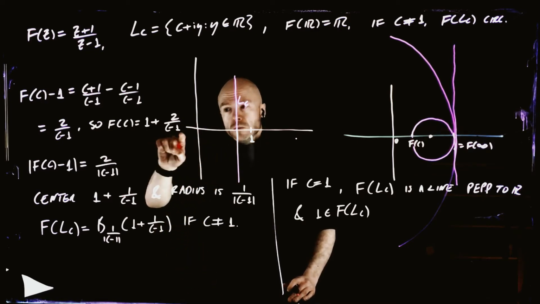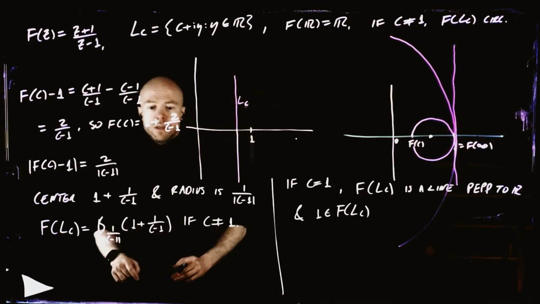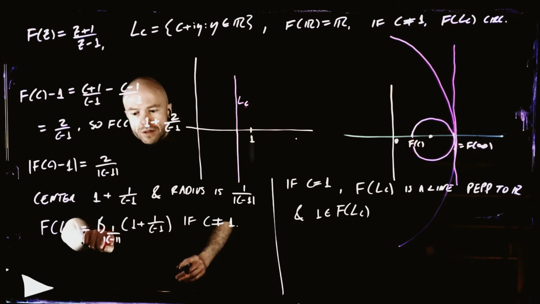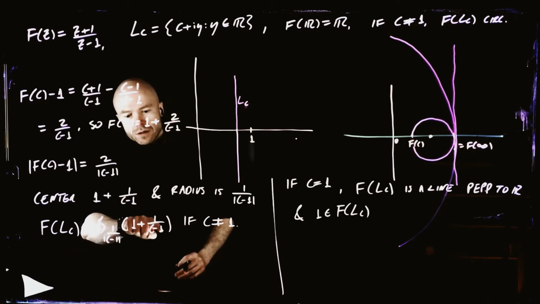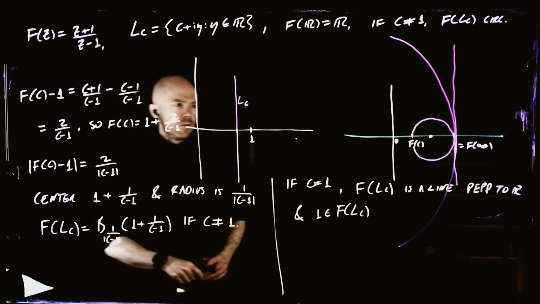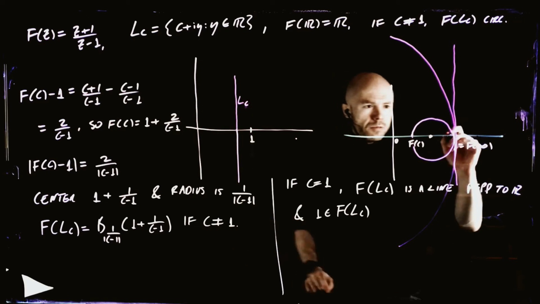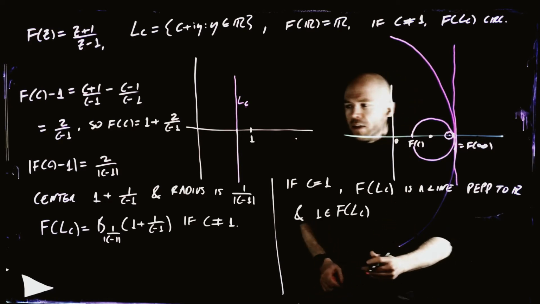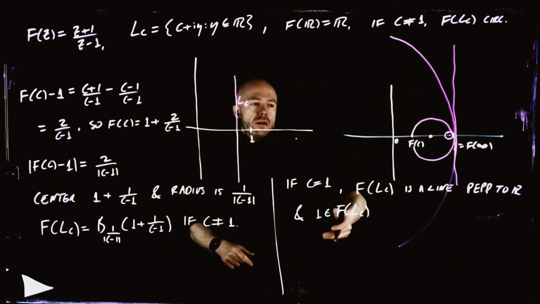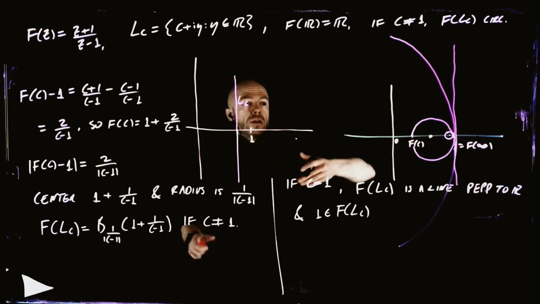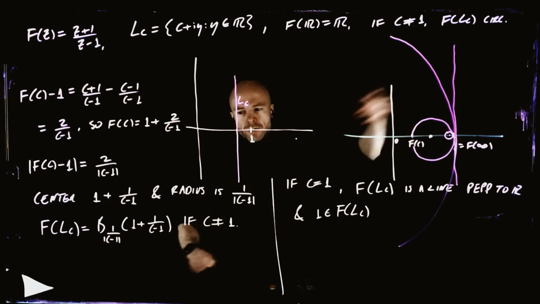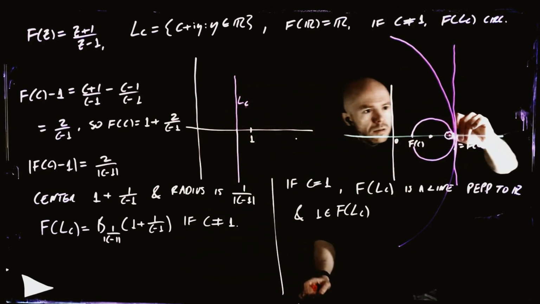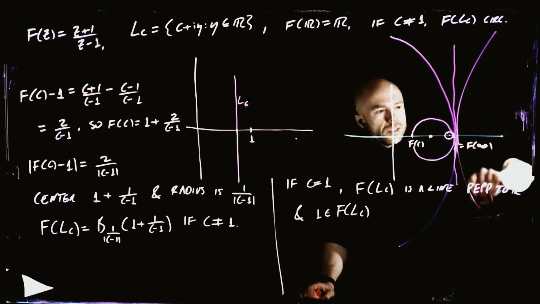If C is more and more close to negative infinity, then the circle is getting smaller and smaller in its radius, and it's getting closer and closer to 1. So circles with very, very negative C are doing this. Right? And if C is bigger than 1, close to positive infinity, again we have a circle which is kind of looking like this, where its center is